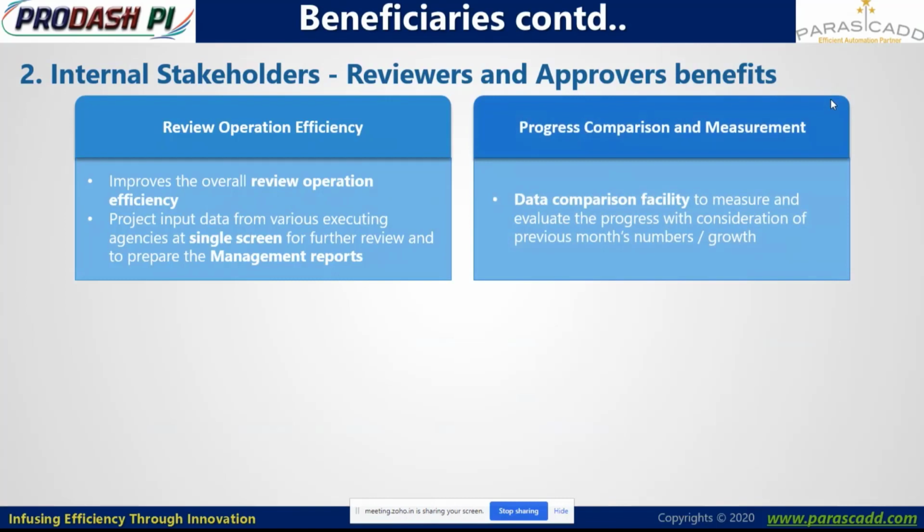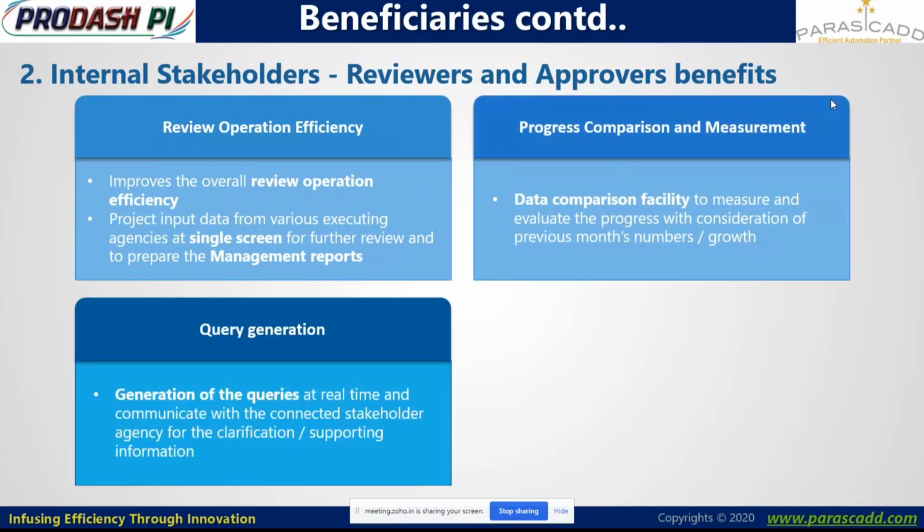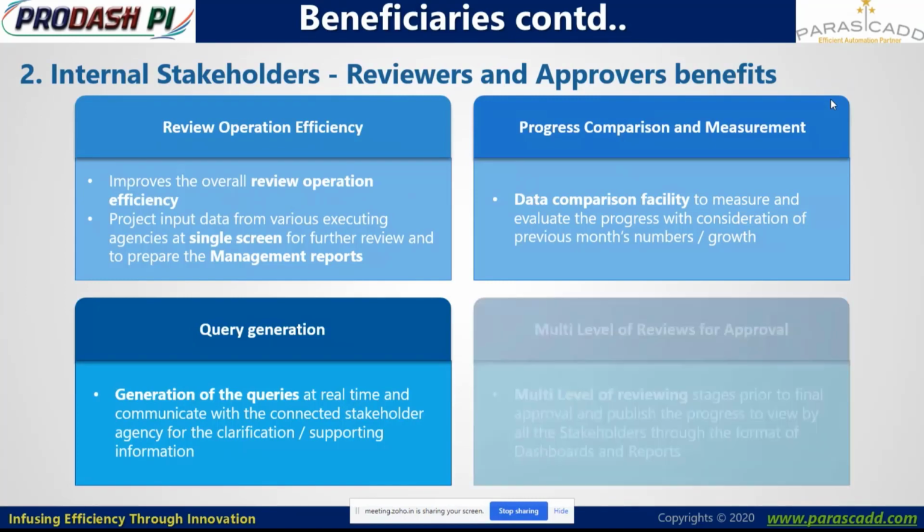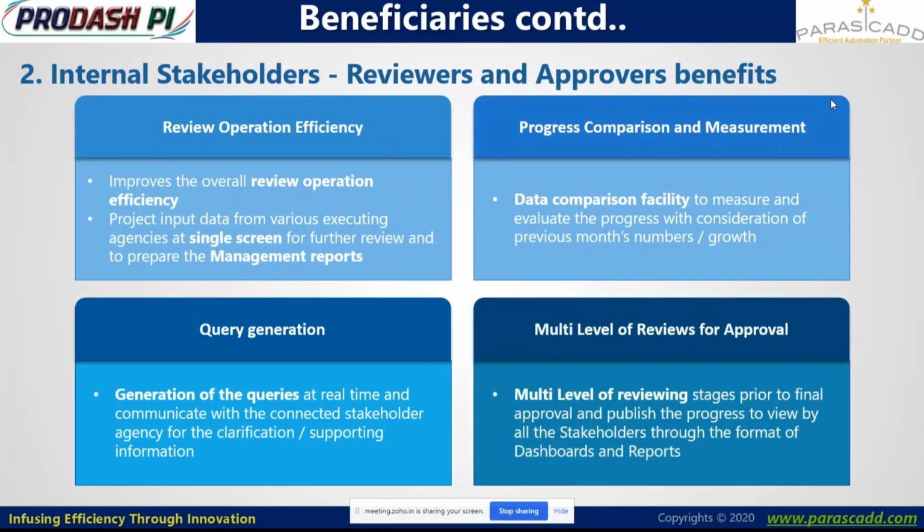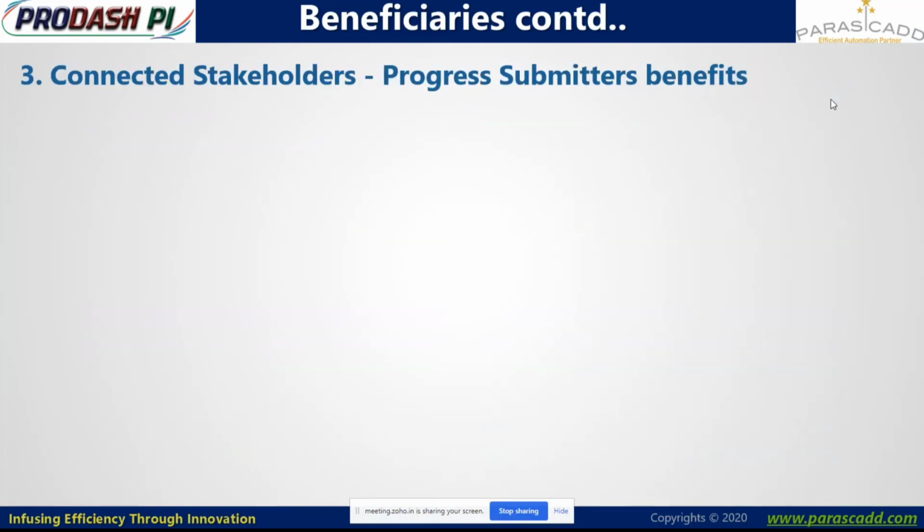So we make the progress comparison, as I said, with respect to the previous months. Various queries can be generated, and these queries can be communicated at runtime through the communicator channel with the progress submitters, the progress submission supplying companies. Then multi-level review for approval is available, like a workflow channel is created. One is the data evaluator or data collector, then a reviewer, and then the approver. Further screening of the reporting is done prior to publishing these reports to